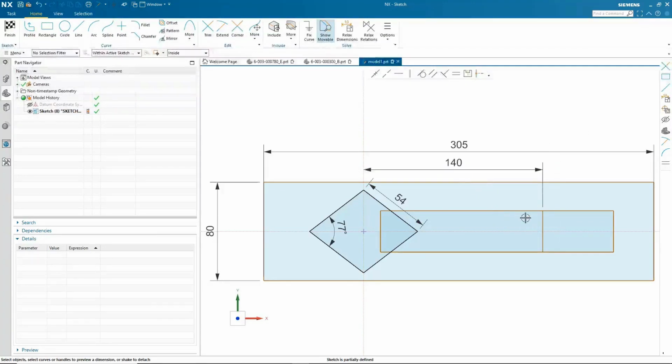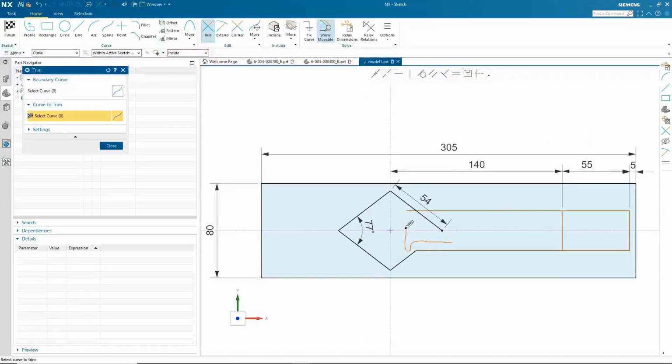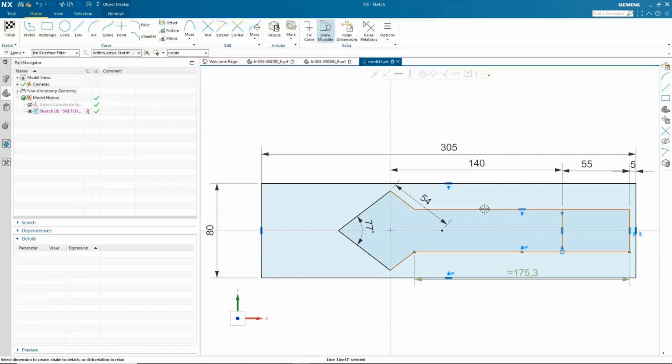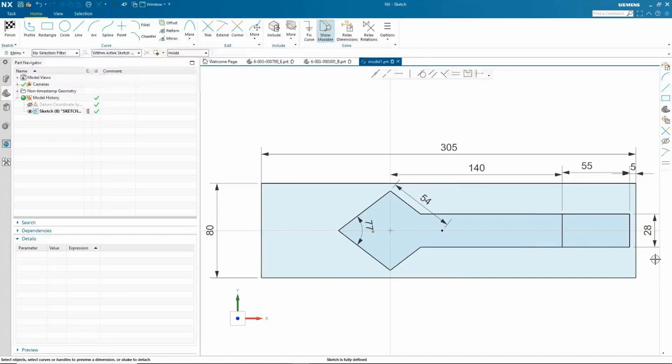We trim away the unneeded curves to create our pocket. By simply dragging a few of the curves, we see we have a couple of the curves that are not fully defined. Adding dimensions, we know that we have a fully defined sketch when everything is black and we cannot drag the curves. If we want to see how certain things react, we simply relax the dimensions. The pink numbers are the ones that need to change to accommodate our design exploration.